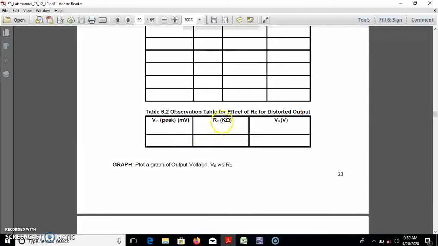So I need to find out the value of RC from which the voltage gain starts to decrease. The probable reason is that your Q point has moved from the active region to the saturation region. That will clip your signal from the negative side, and that will decrease the effective peak to peak value, and that's why the V out is going to decrease.